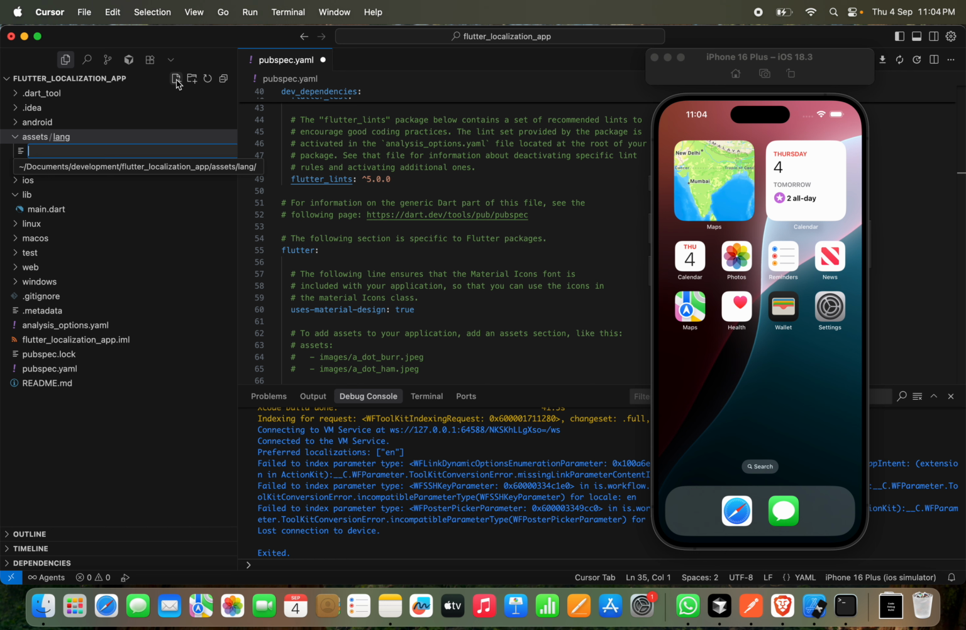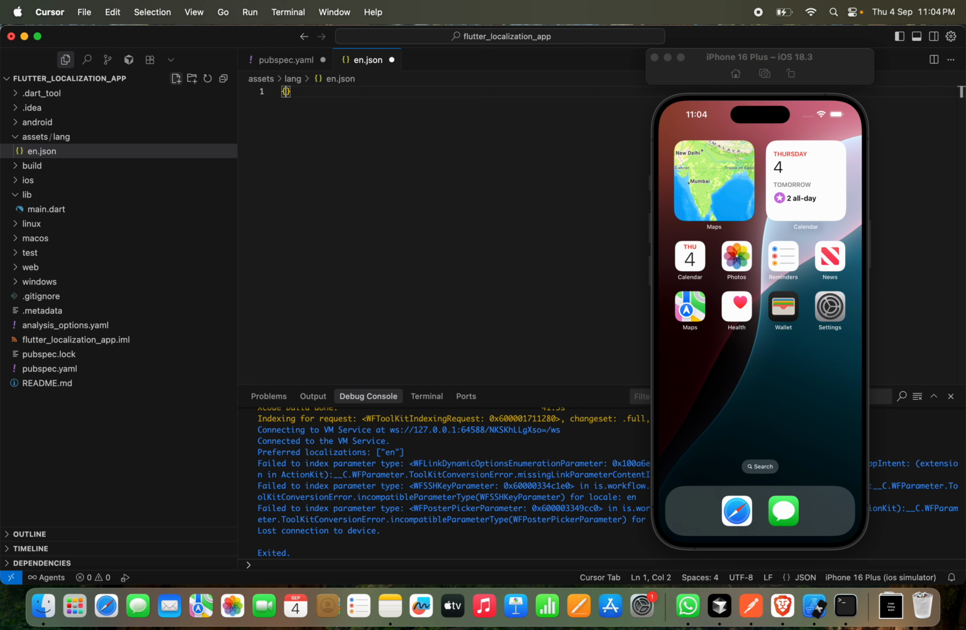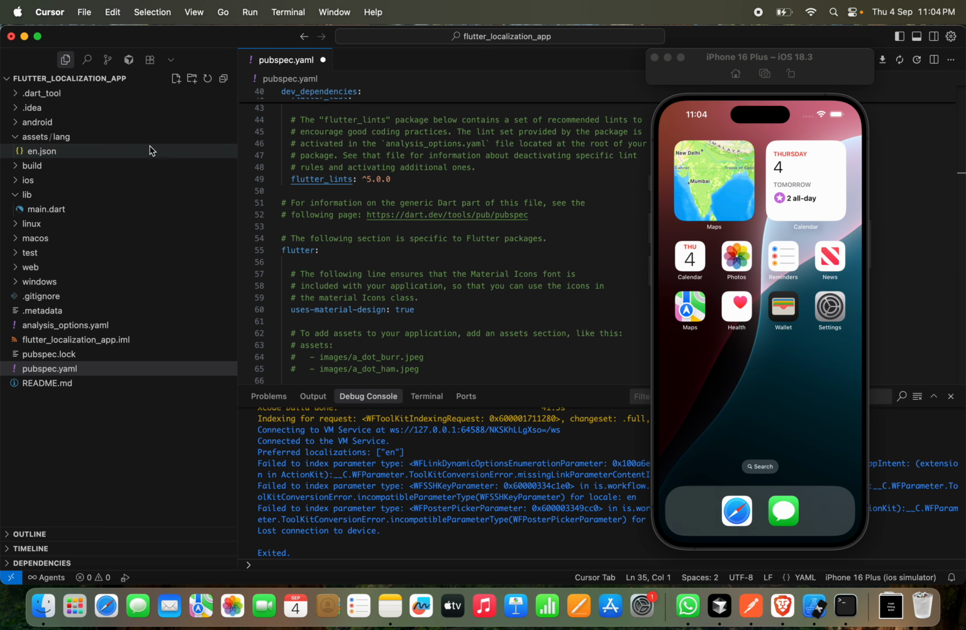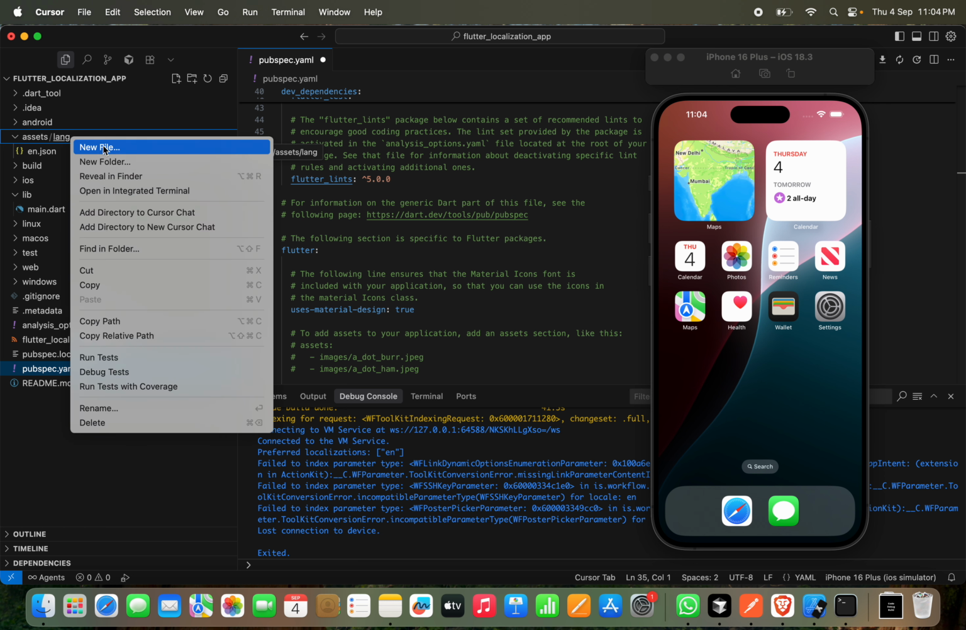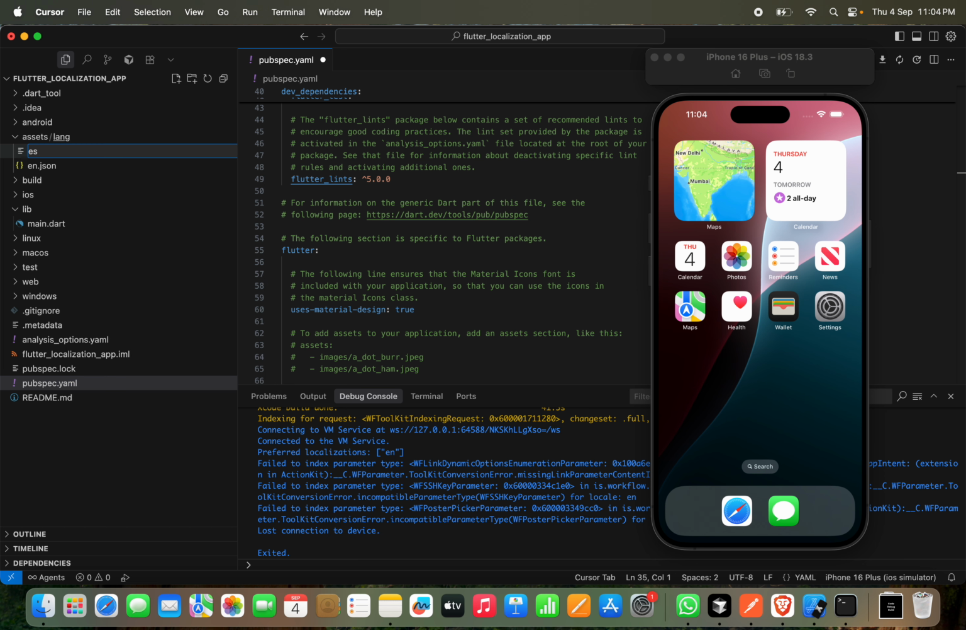So what are the language support we are going to give in our app? First it will be English, so we'll create en.json. So add a simple text here, hello text. It will be key value, this is the key, and value will be hello. Okay, now in the same way we will add one more language file, and that will be Spanish. So Spanish language code is es, so it will be es.json,